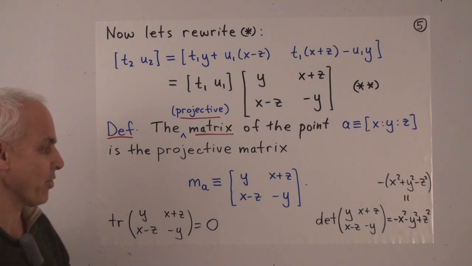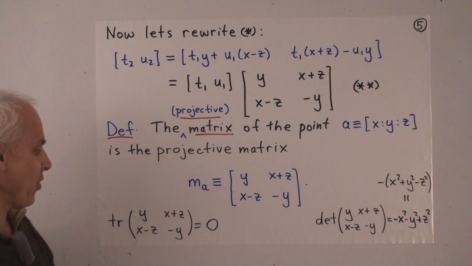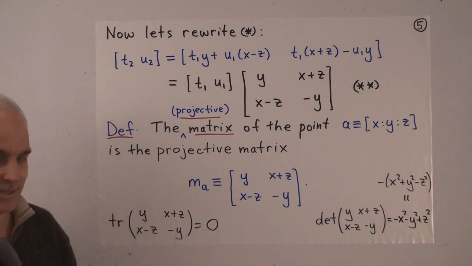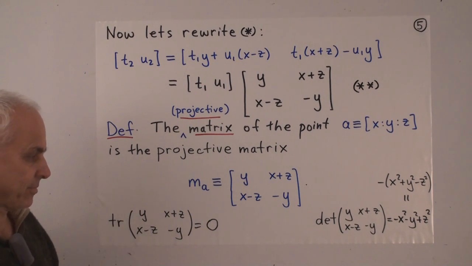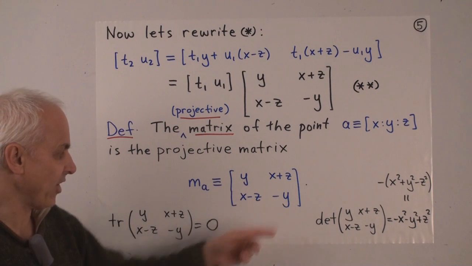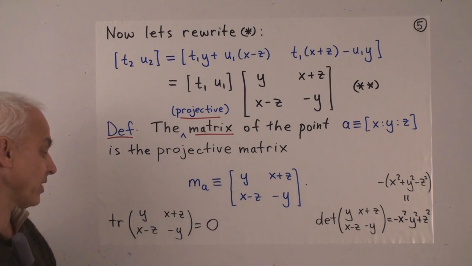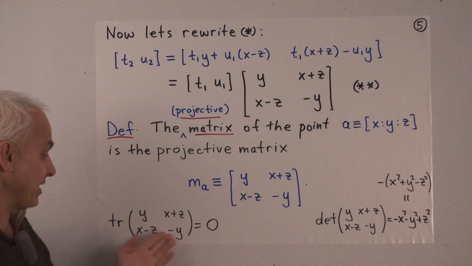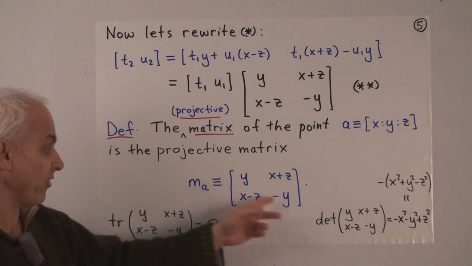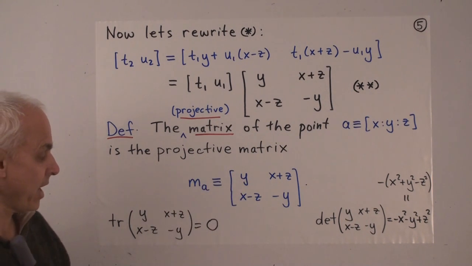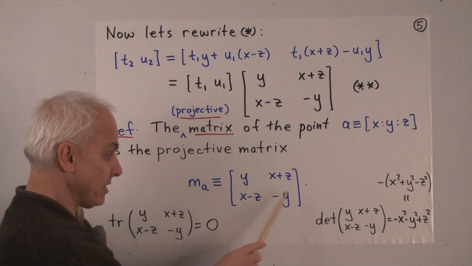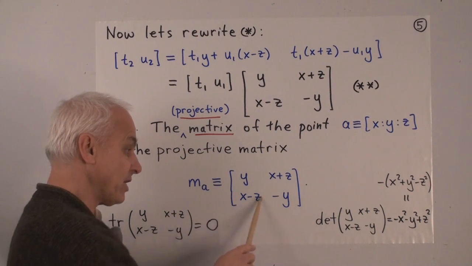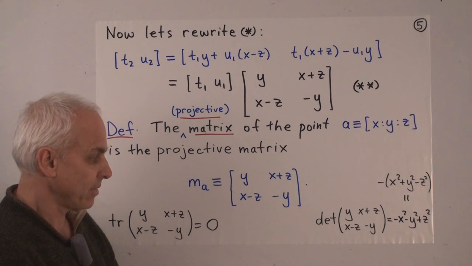Now if you have a 2 by 2 matrix, there are two important numbers associated to such a matrix. One of them is the determinant, that's the most important, and the second is the trace. The trace is just the sum of the diagonal elements. This entry plus this entry, that's called the trace of the matrix, and we see that in this case the trace is always 0, because y plus minus y is always 0. And the determinant of the 2 by 2 matrix is always this entry times this entry minus this entry times this entry.